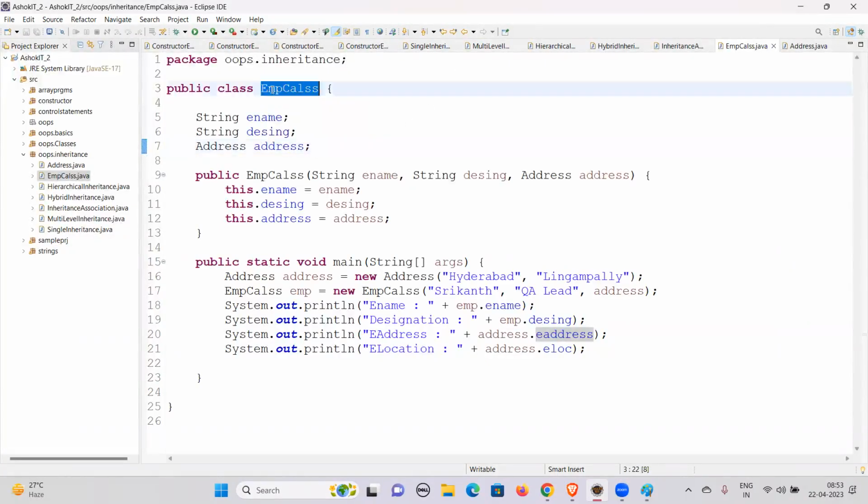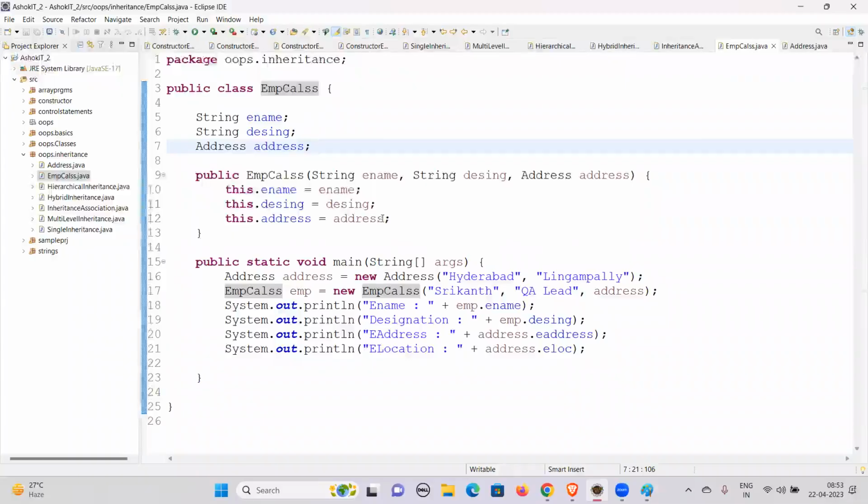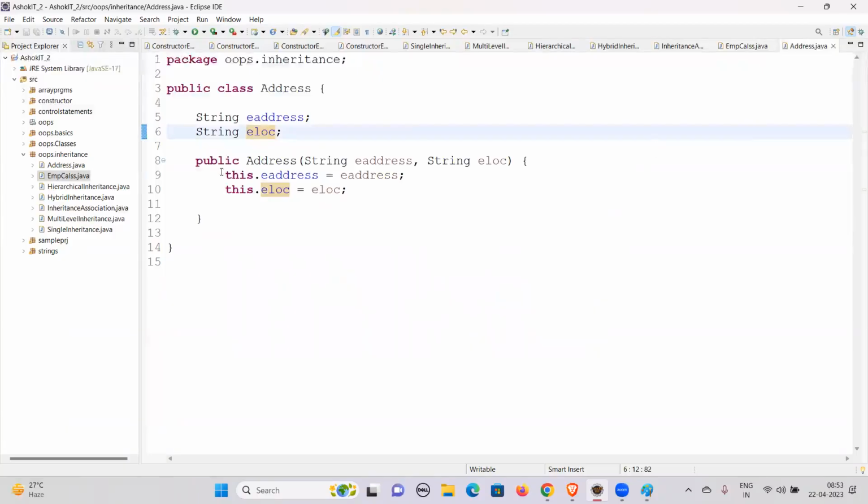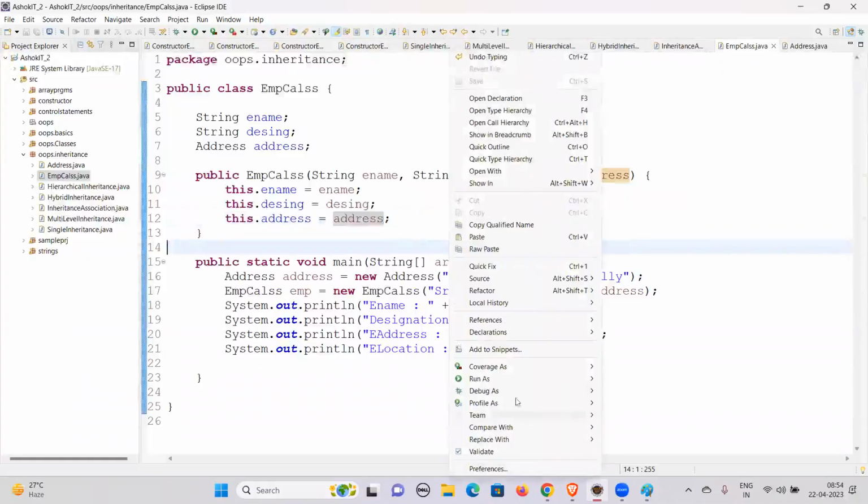Here what I'm trying to do is create a constructor and pass the address reference as a parameter. So whatever you store as part of this particular address will be passed to this, and this will be passed back to this particular constructor. So now this will have the values here. Now when I execute this program,